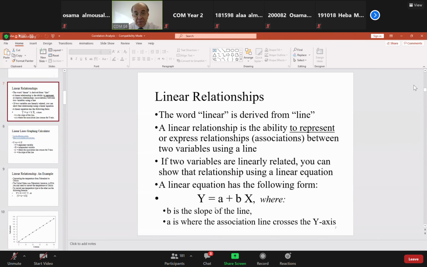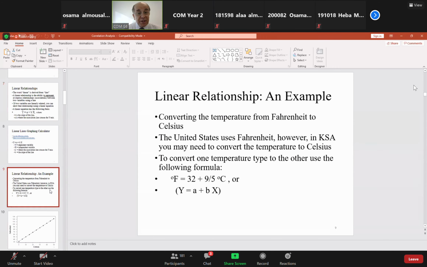So that again, this is really how do we interpret that. Now, for example, converting temperature to Fahrenheit. This is the equation: Fahrenheit equals 32, which is the freezing point, plus 9/5 times the Celsius. So if you have a degree in Celsius, you plug it into this equation and get how much it's equivalent